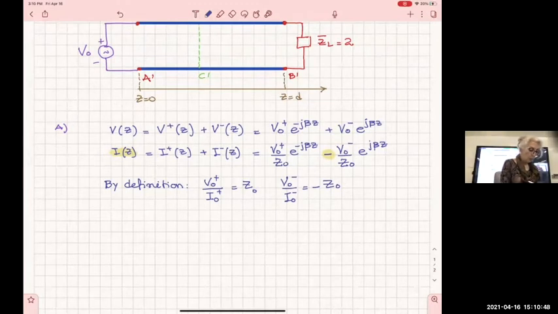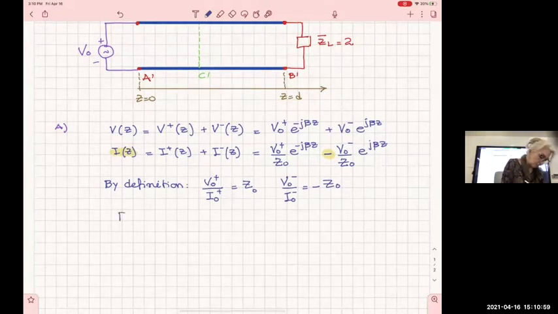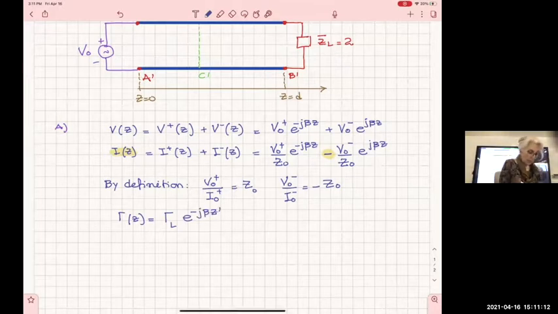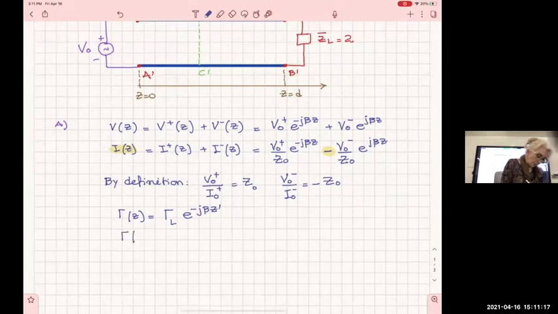We know, because we are looking first of all at identifying an expression for V of Z. All right, so what else do we know? I'm gonna write down. I know that gamma of Z is equal to gamma L e to the minus j beta Z prime. We know that. And I know that gamma of Z is nothing else but V